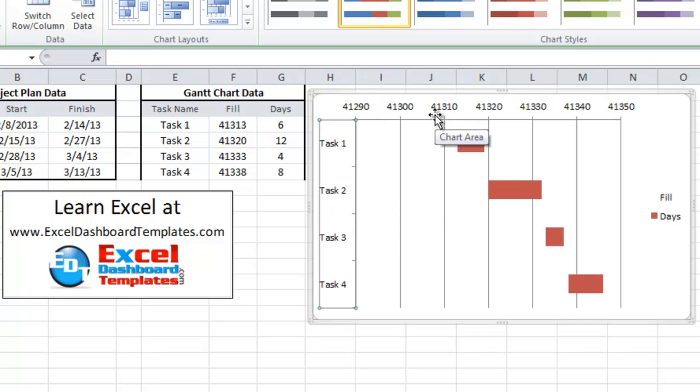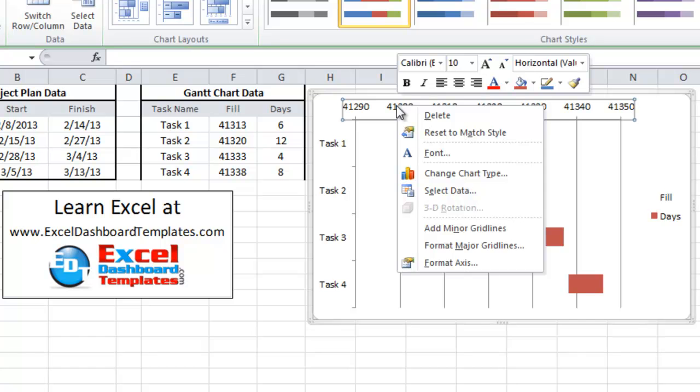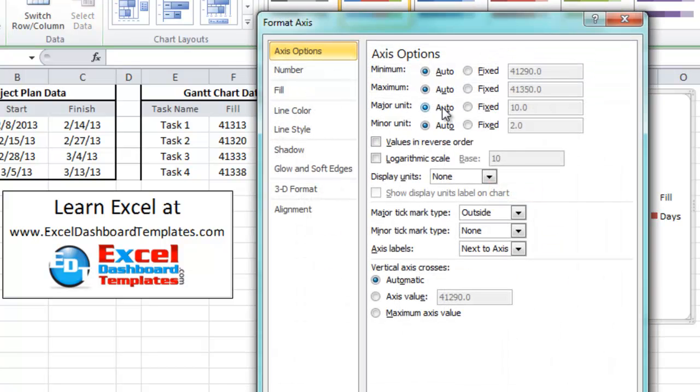And we have our dates up on the very top in the horizontal axis. We just need to change this to a date format. So let's right click on that axis, the horizontal one on the top, and click format axis. What we want to do is change our minimum. Remember we've got that fill series in there, and Excel puts the minimum all the way back to today. We want to change this minimum to get it within our range. I usually make this the minimum value of your fill series. So in this case it's